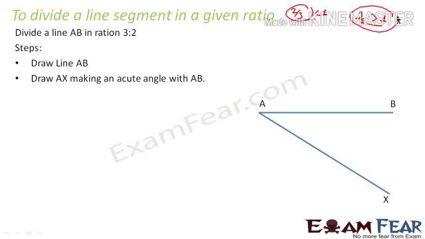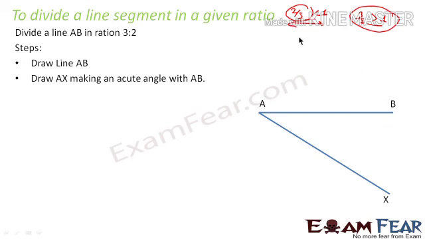Now since the ratio with which it divides is greater than 1, the step is different here. And also this time we are trying a different approach. Last time we created an acute angle, formed the triangle, parallel lines, and using the parallel theorem we proved it. Now we'll draw two parallel lines. It's a different approach. You can use it for any case. In the last example which we have done, you can solve the same example using this approach also.